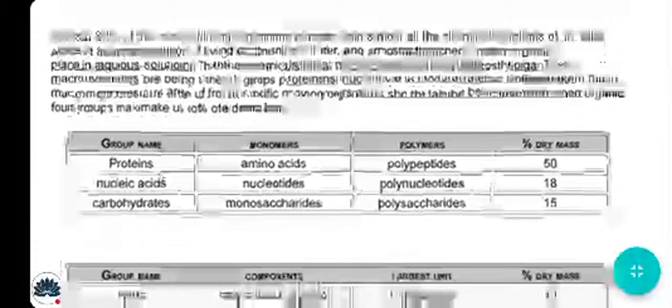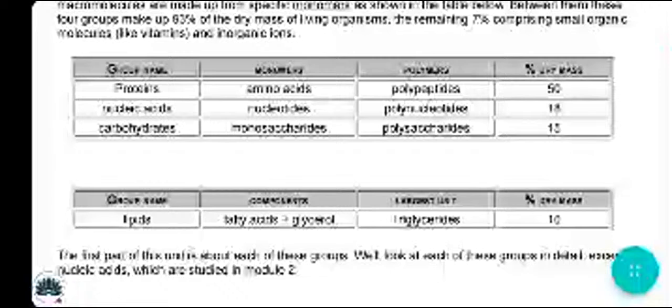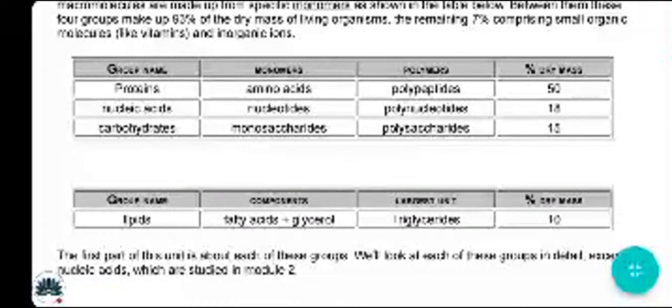So the group names are protein, nucleic acid, and carbohydrates. The monomer of protein is amino acids. For nucleic acid, the monomer is nucleotide. What is a monomer? That is the question; we'll be discussing it. For carbohydrate, the monomer is monosaccharides, and these polymers' names are written here with the dry mass